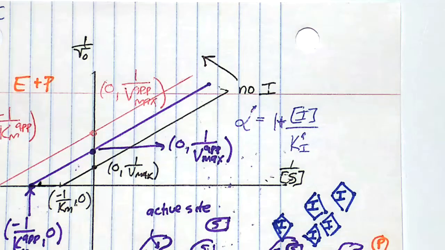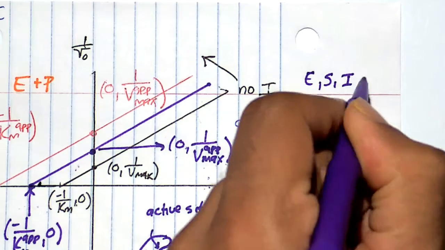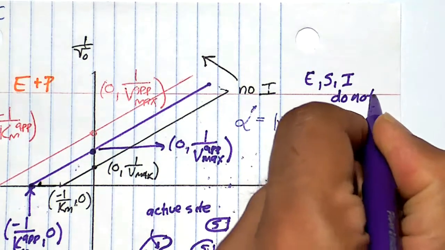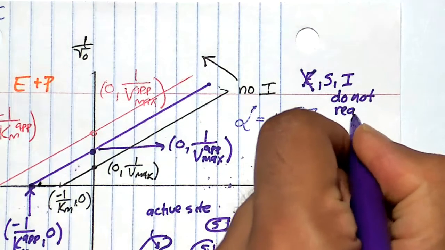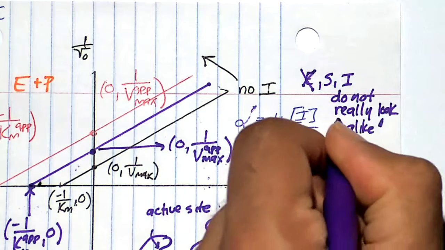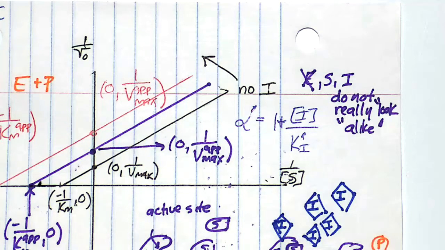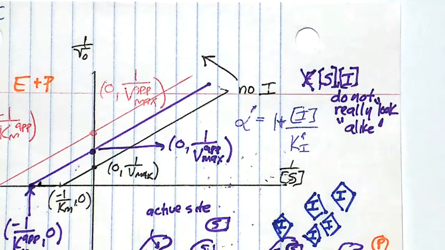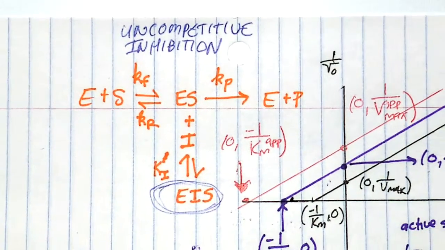In an uncompetitive inhibitor, the substrate and inhibitor do not really have to look alike. I'll put that in quotation marks, look alike. That is in contrast to a competitive inhibitor, where they have to look alike in order to compete for the enzyme's active site. All right? So what happens in terms of